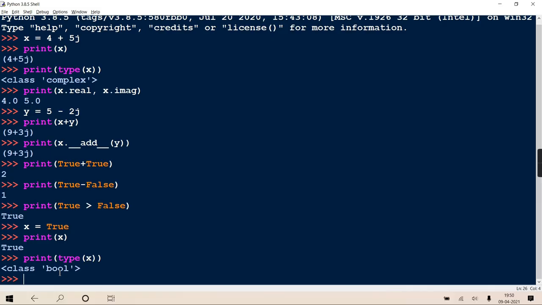Getting? Now many might be having confusion about how objects are created. Because most people from a Java background might have the principle that an object is created through new only: new, class name, round brackets. There is no such rule. Your objects implicitly get created. x will be your object of the bool class. Okay?